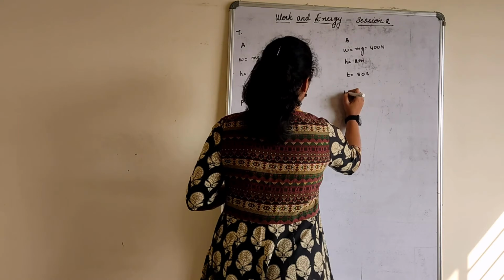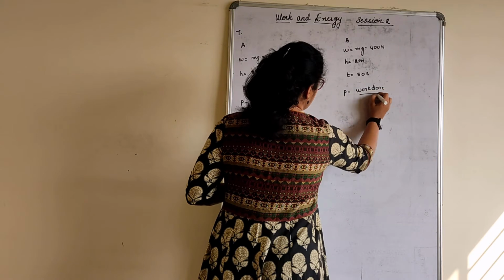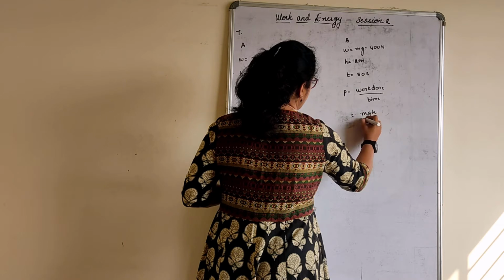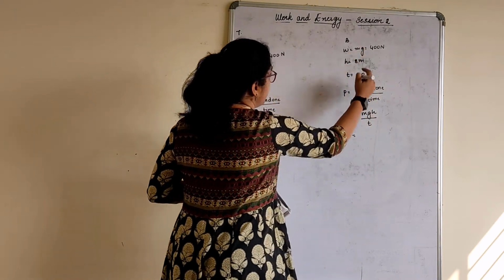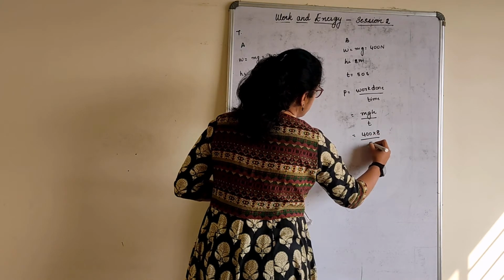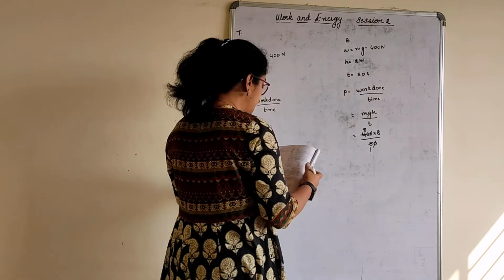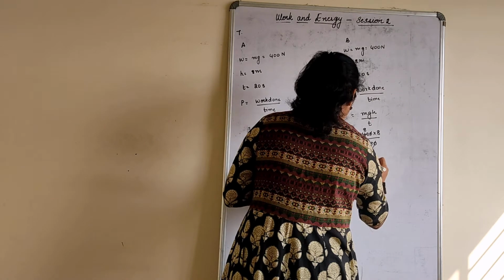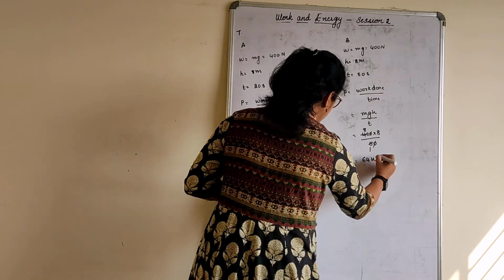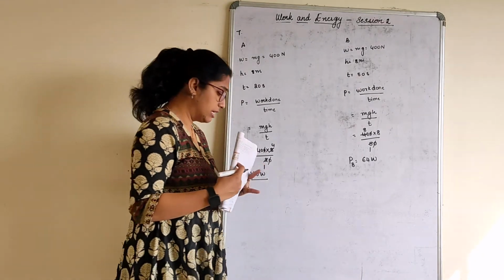Let's calculate for girl B as well. Power is equal to work done by time. Work done can be written as mgh divided by t, where mass into gravity is already given as weight, which is 400, where height is 8, that is constant, divided by 50. 5 ones are 5, 5 eights are 40, 8 eights are 64 watt. So this is power of girl A and power of girl B. You can give the conclusion: power expended by girl A is this much and by girl B is this much.